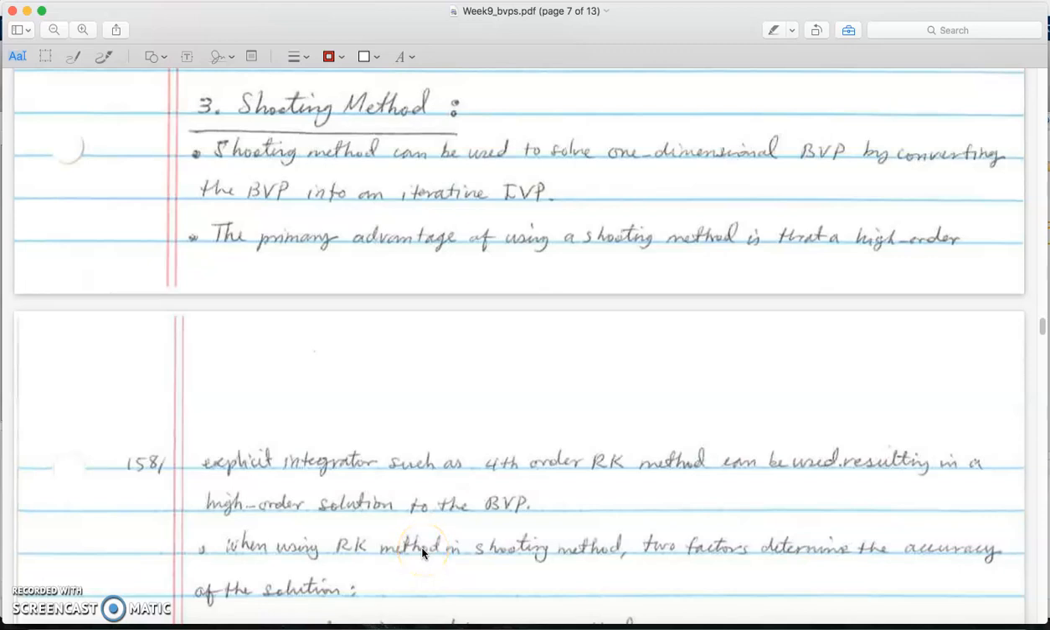In this video, I'll be talking about the shooting method, which is the second way of solving differential equations by converting a boundary value problem to an initial value problem. So if you have a differential equation with two conditions on both sides, you're going to convert that problem into an initial value problem where we have conditions on one side. So in solving differential equations, we always have to have conditions on one side